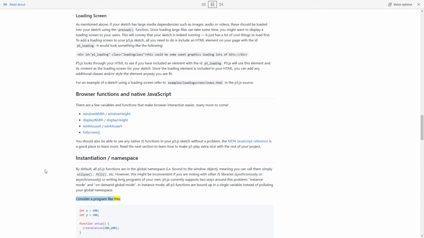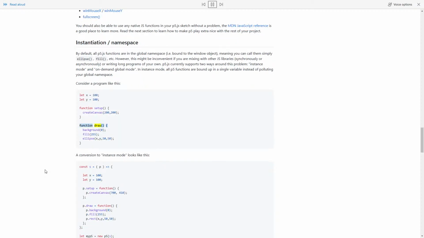Consider a program like this. let x = 100; let y = 100; function setup() { createCanvas(200, 200); } function draw() { background(0); fill(255); ellipse(x, y, 50, 50); } A conversion to instance mode looks like this. const s = (p) => { let x = 100; let y = 100; p.setup = function() { p.createCanvas(700, 410); }; p.draw = function() { p.background(0); p.fill(255); p.rect(x, y, 50, 50); }; }; let myp5 = new p5(s);